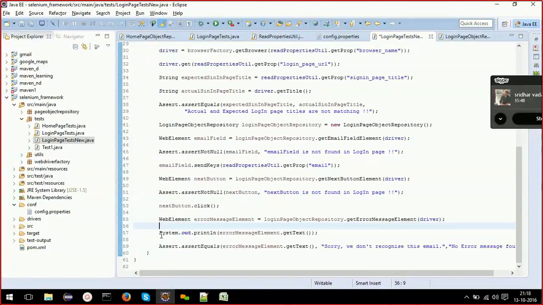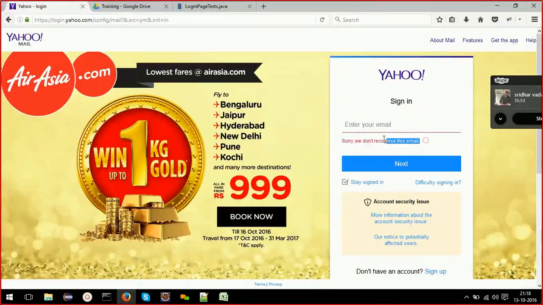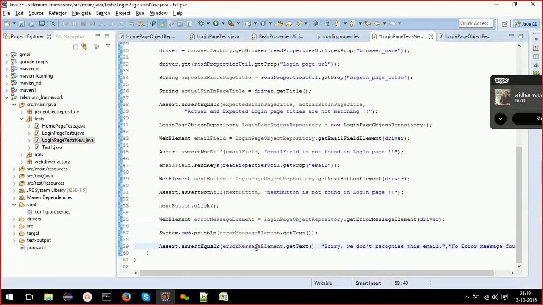Actually, in case of valid email, you should not find this element at all. In case of invalid email, you should find this web element and the text of your web element should be equal to this. That we need to implement in our test case.